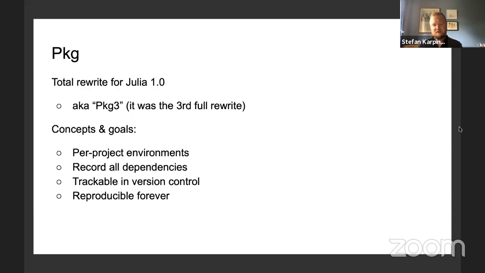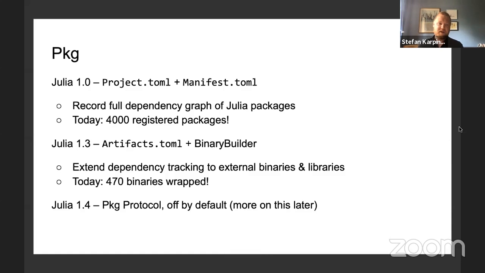So you record this information and it shouldn't depend on some other third piece of information that can change over time. In Julia 1.0, the way this was accomplished was with project and manifest files. Together they record the full dependency graph of Julia packages for your entire application. And this has been wildly successful. People can email manifest files around to each other to get the exact same environment and test things out and reproduce bugs. You can check your manifest file into the version control of your project and reproduce exactly how it was working.